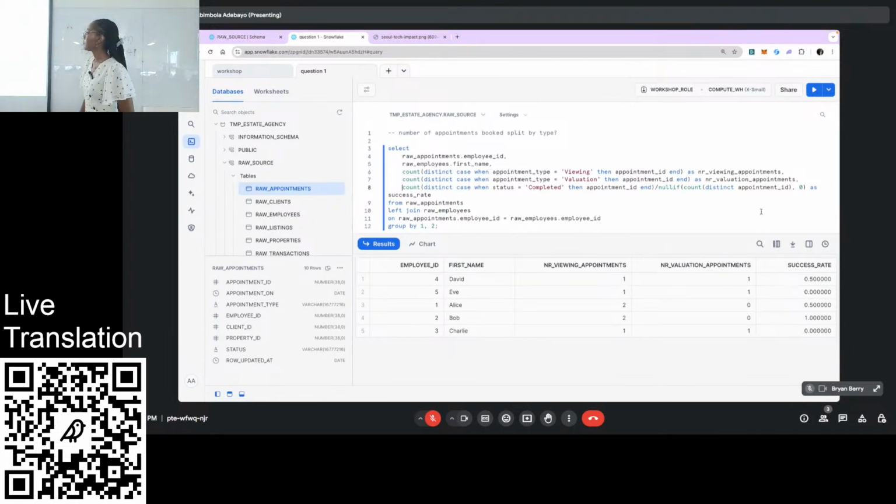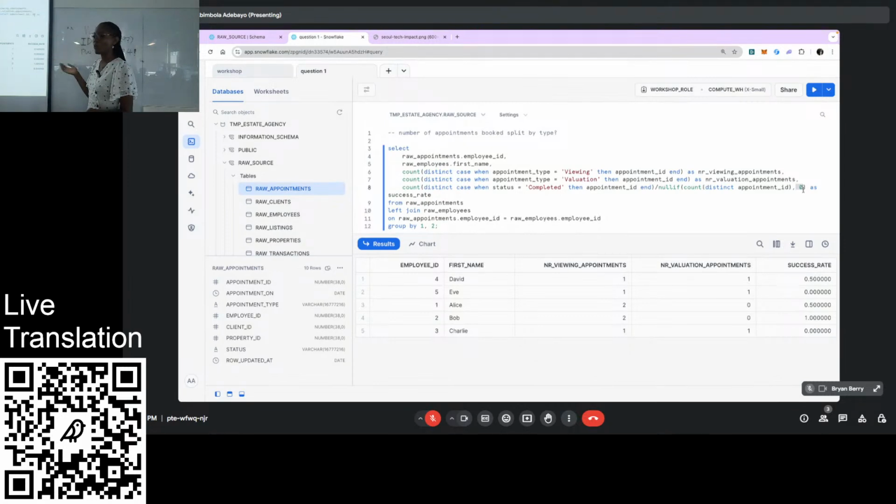Sorry? Where do you get a divide by zero? Yeah, no, so I put the null if. So if this value equals zero, then it will turn to null and then your percentage rate will be null. Oh, I'm sorry. I got that. Yeah, no worries. Probably even better, you could do a class with like 1 or 0, like decide what